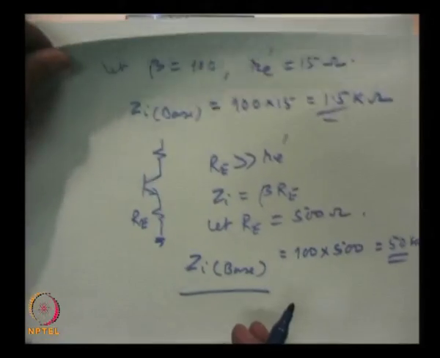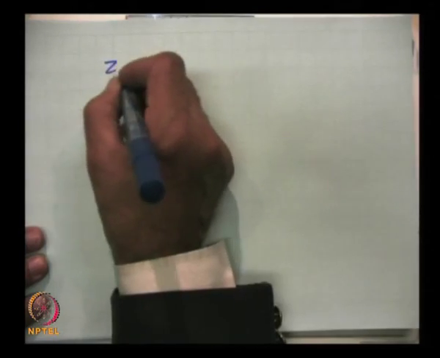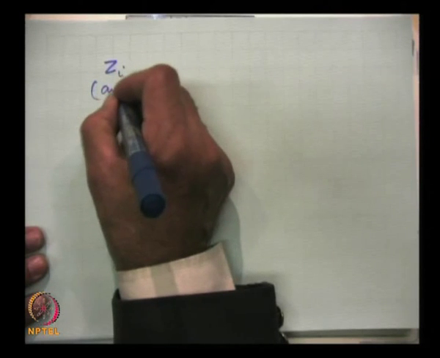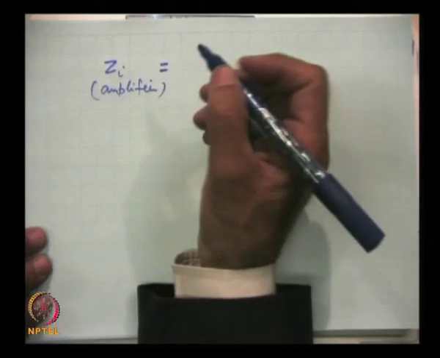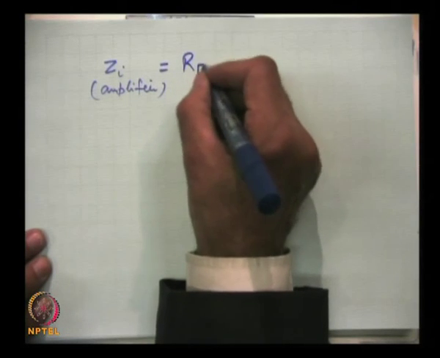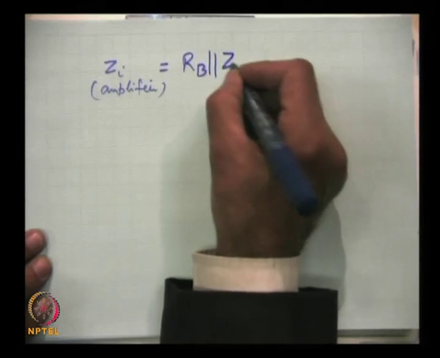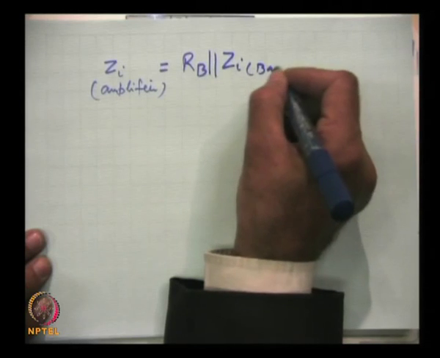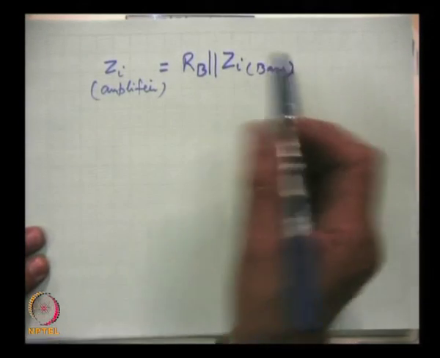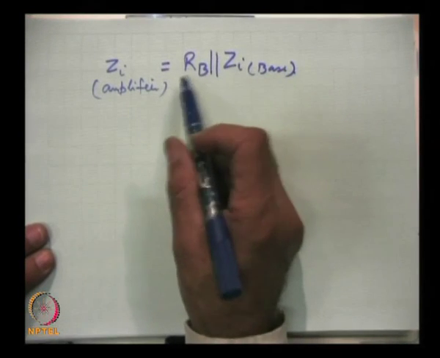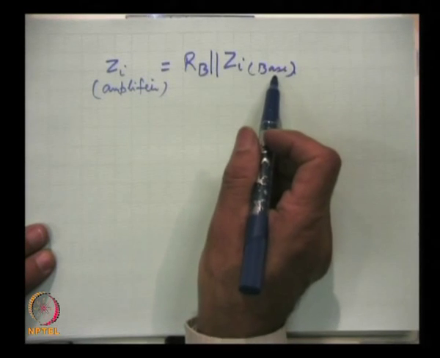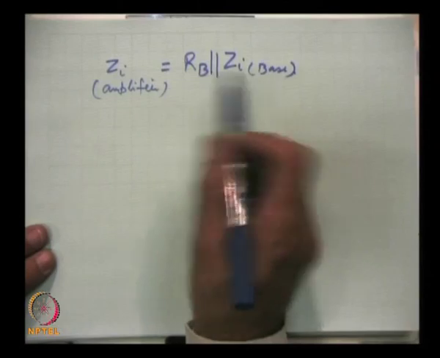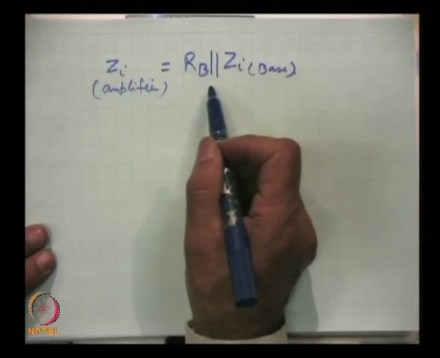The impedance of the amplifier, as I said earlier, Z I for the amplifier, this is equal to R B in parallel with Z I base. Here because the two are in parallel, Z I base has to be high, only then this combination will give high